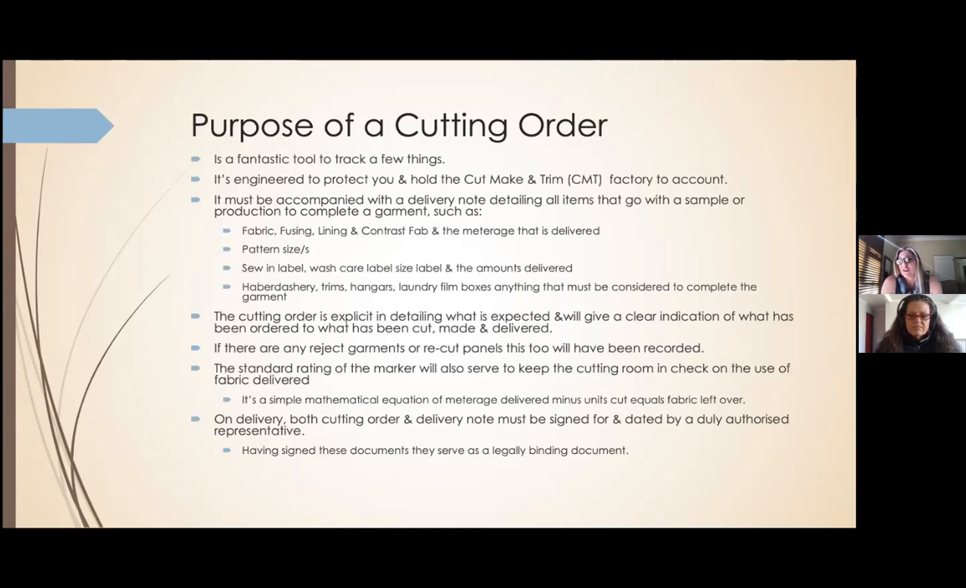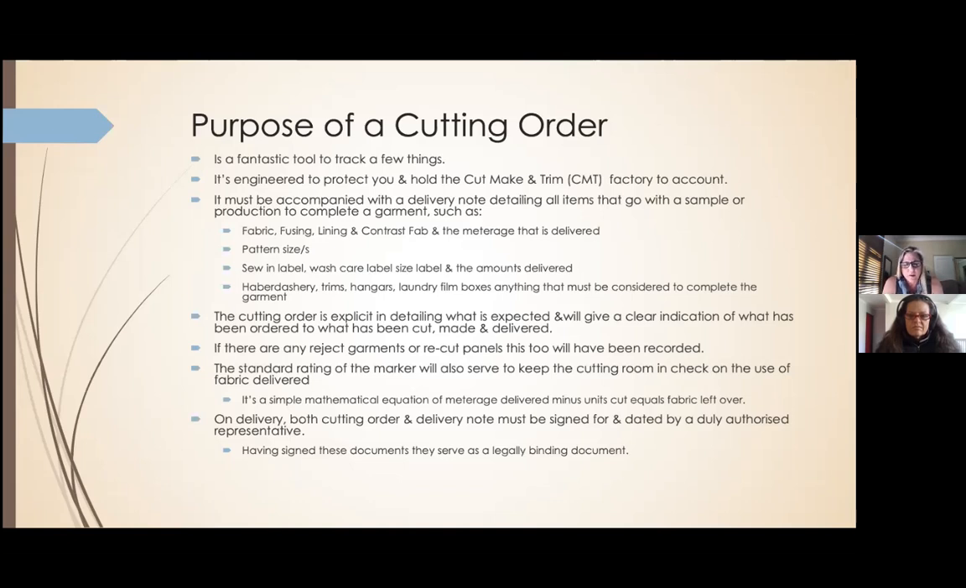And remember that it's dark under the tables. Often it's dark in storerooms. And so it is vitally important that a cutting order sits as the communication tool for you while you are not in the factory. The other thing is please make sure that on your delivery notes and on your cutting order,